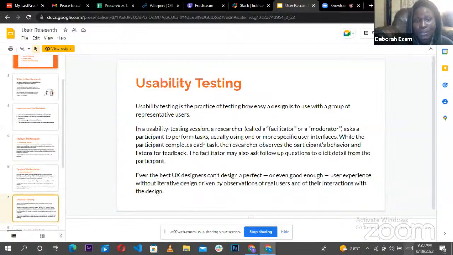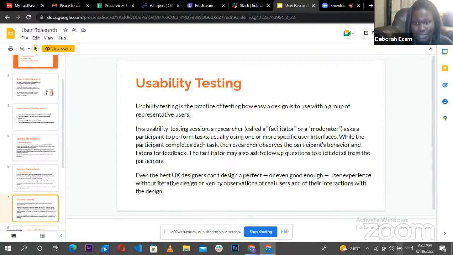You give them 5 seconds, and then you want to know what they think this app or this product is supposed to be. You don't give them context, you just show them, give them 5 seconds to look at it, and then can they figure out what it is? That's how you know if your design is easy to use, or if the product that you want to build is easy to use. So in usability testing sessions, the moderator asks the participants to perform specific tasks,